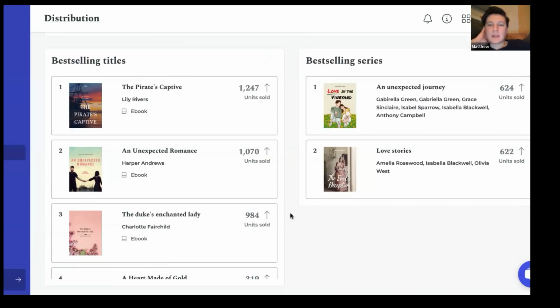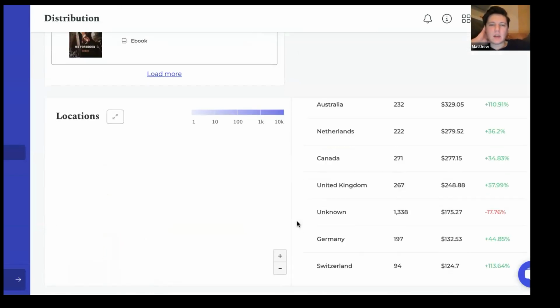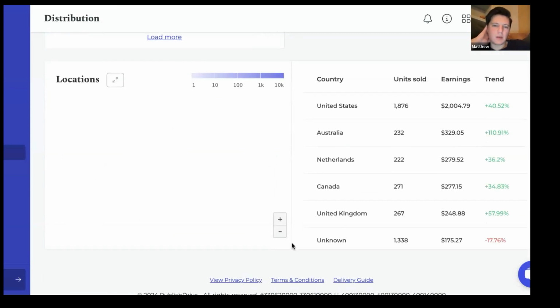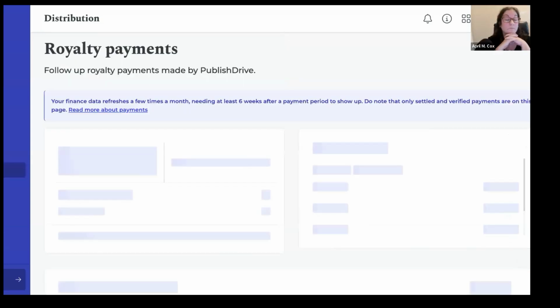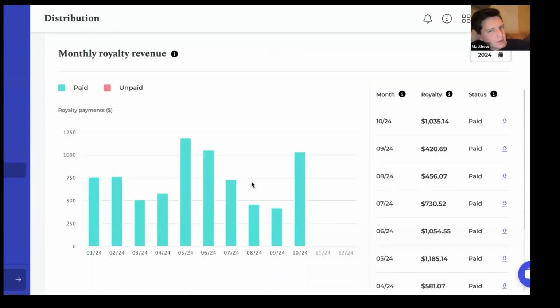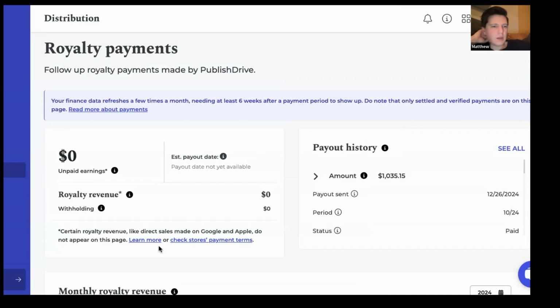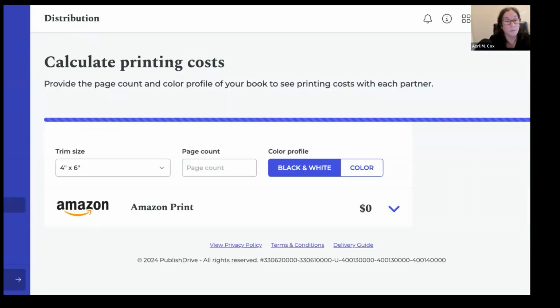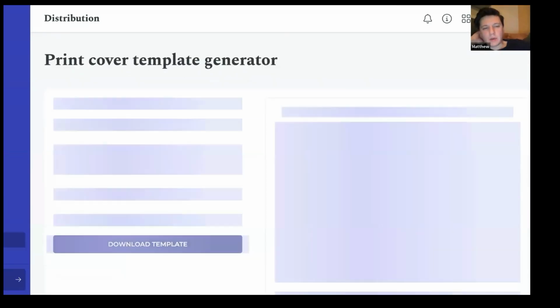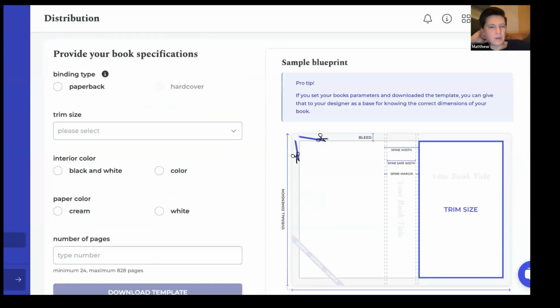Best-selling titles, best-selling series, and then there's also this. It might struggle to load because of the internet, but it does look cool, I promise. There's a location map here, which is a map of the Earth, and it shows you where you're trending and what's happening here. Royalty payments come in once a month. It's very simple. You can take that, download the reports. There's a printing cost calculator, print on demand template generator as well down here, which is to help convert into a